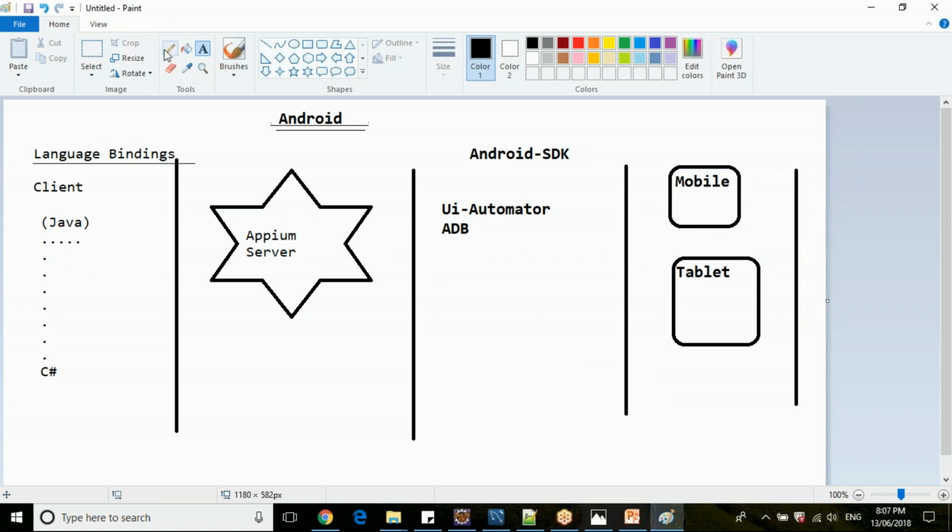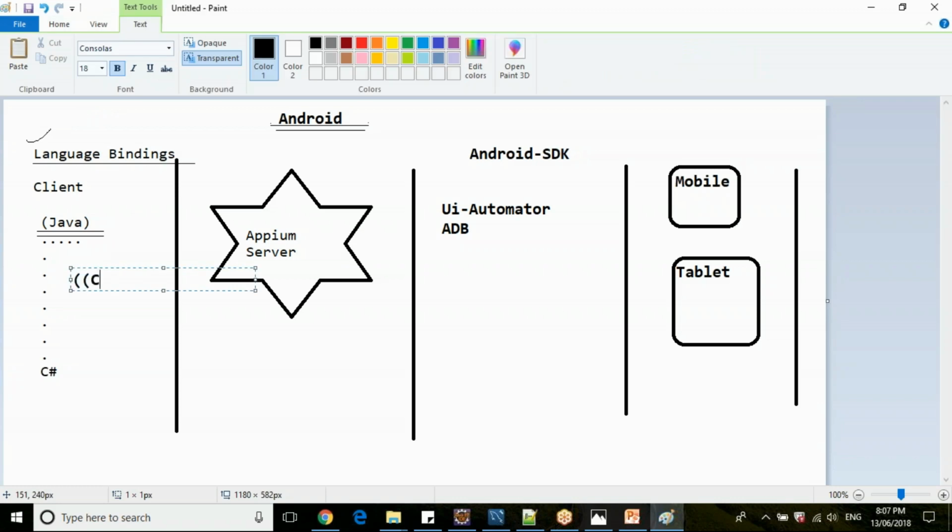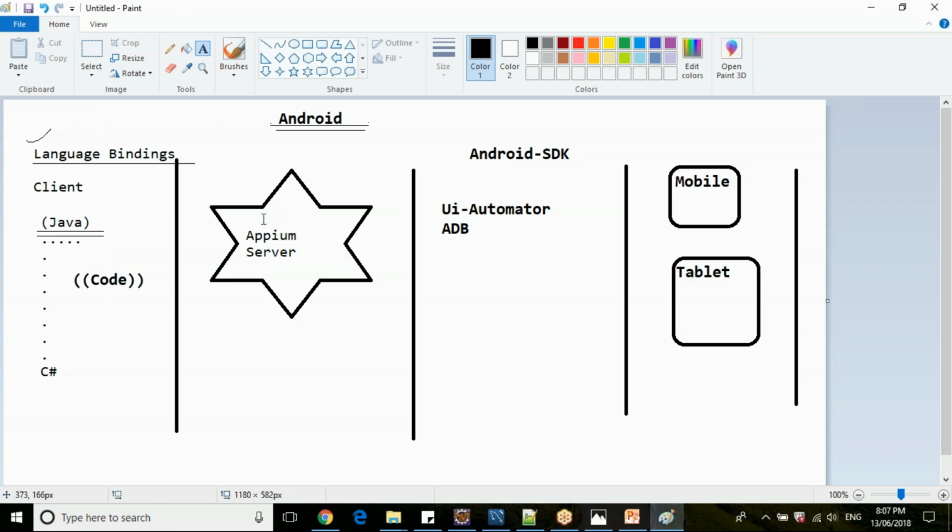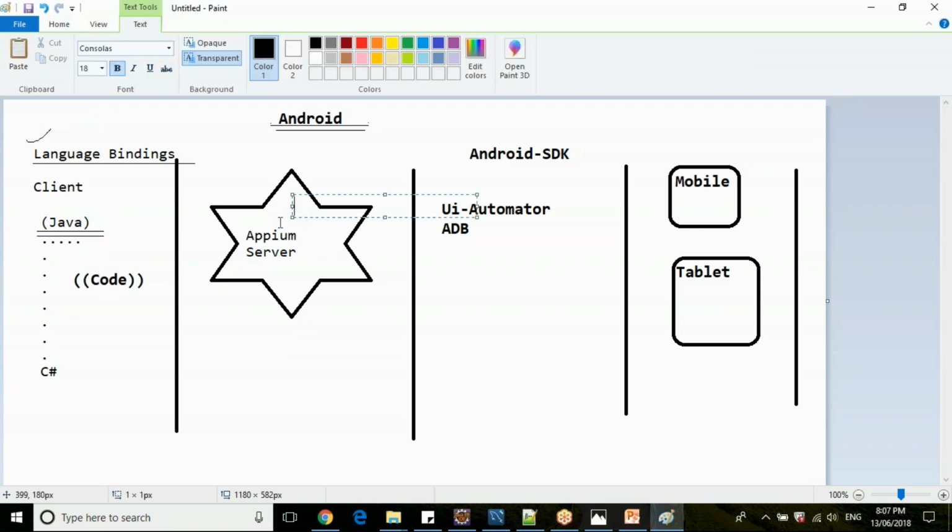Okay, now these are the languages we have. Everyone is clear with this, right? No queries on language. We are using Java as the programming language. It is just code that we write here. Now the APM server is nothing but an .exe file.